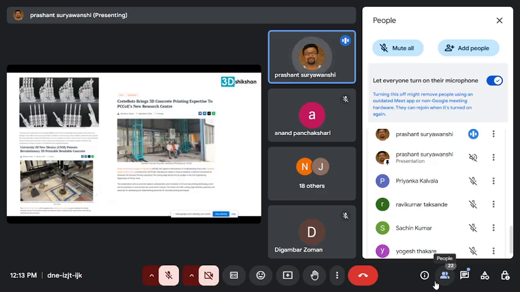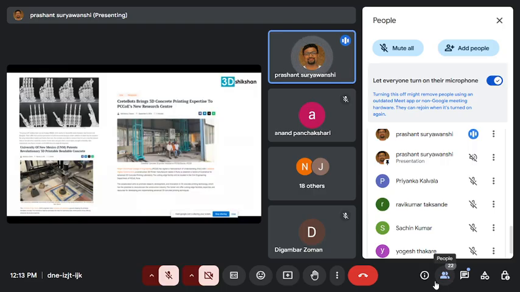And very near to our heart, and very near to our place, is PCCOE, Pimpri Chinchwad College of Engineering. They have made fantastic progress on the civil side, I mean concrete 3D printing machines.